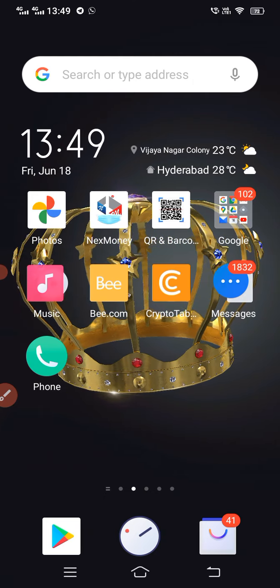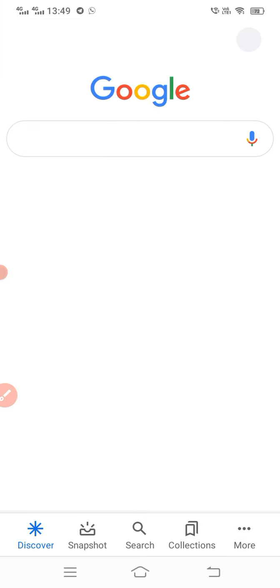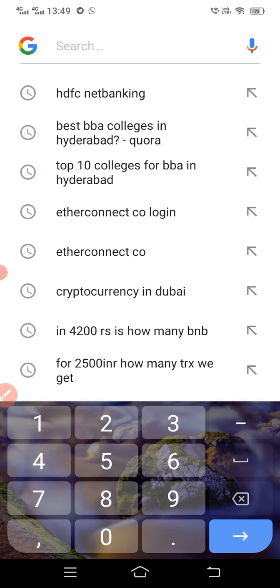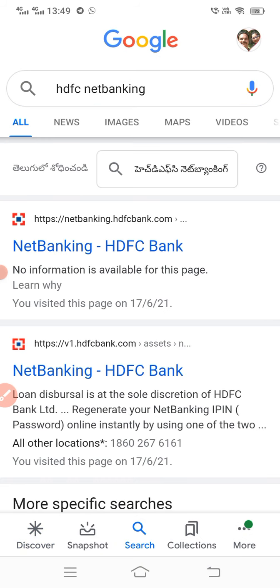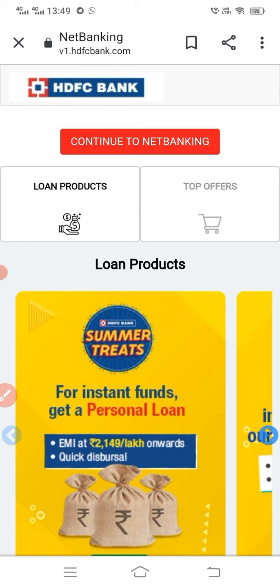I'll go to my HDFC net banking. The easy method is that you can do it through UPI also, but I feel this is safe and better, and it is done very quickly. Initially you'll find it a little difficult to understand, but once you understand, it's very easy. If you want to go with net banking you can, or you can go with UPI also. The option is there.